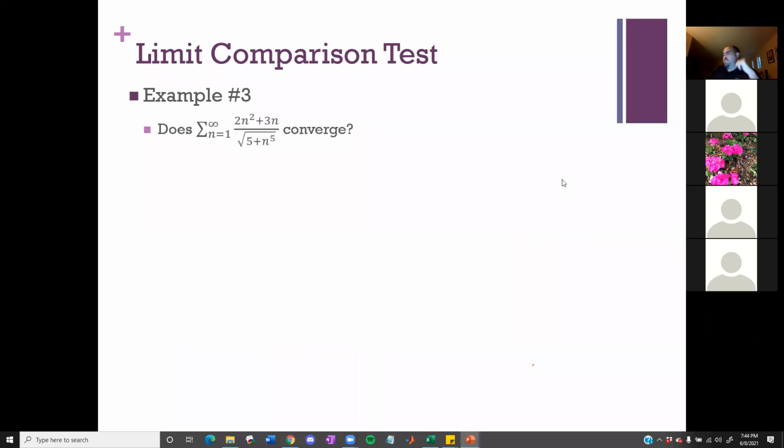All right, and that was the last one. So let's go ahead and finish this one here and we'll take a break. So kind of a nasty thing here. I'll let you take a look at it for a bit. Do we think this thing will converge? No. Okay, I got a vote for no.